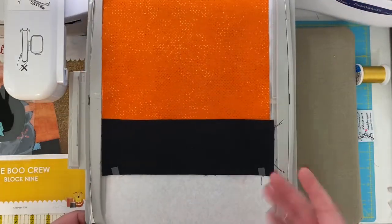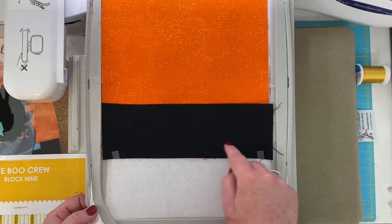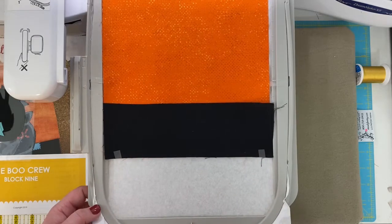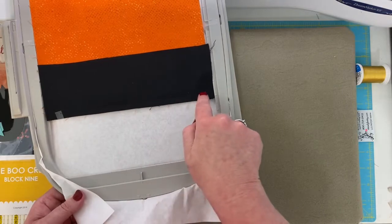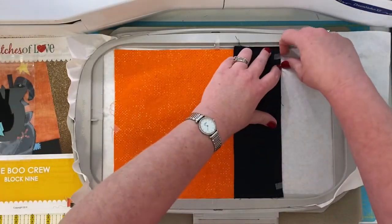Okay, so this is what your hoop should look like, right? Just like every month you have your fabric lined up. We're going to move forward with the next step with our black thread, and it's going to give us 1 more straight line, but that's going to be our 1/4 inch seam. Okay, now our 1/4 inch seam line is stitched. So what we're going to do, take the tape off gently,